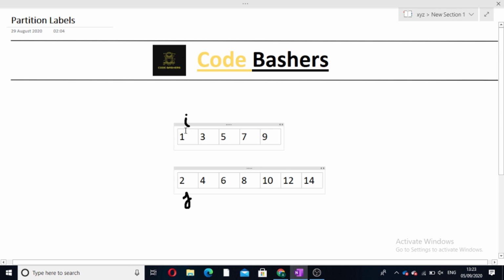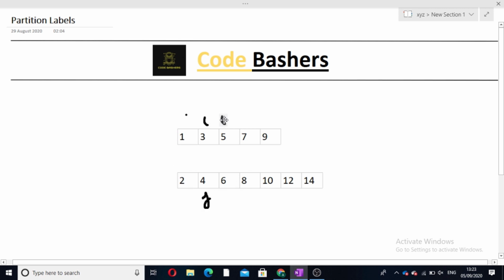So we will compare answer 1 of i with answer 2 of j. Is it less? If yes, then we will append our answer 1 value and we will increment our pointer in answer 1. Similarly, now we will check which value is less, the ith value or the jth value. Now the jth value is less, so it will increment j and will append 2.